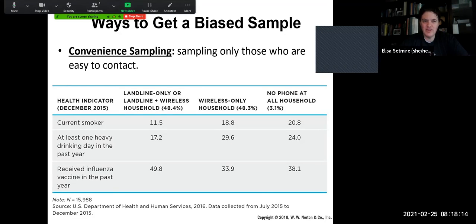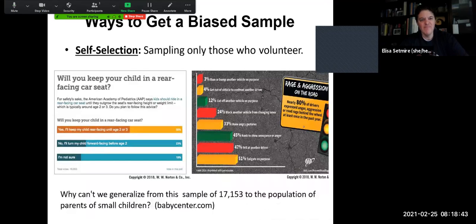So let's say I wanted to do an experiment and I only ask all of you. I'm like, all right, great, I've got a research methods class. Perfect. I've got a nice little sample right here that I can use. That would be a convenient sampling. I'm using those of you who are easy to get a hold of, easy to contact. You're available to me right now, but it's going to be biased. Not everybody has an equal chance of being included. It's only what is convenient. That is a very common way that we get biased samples.